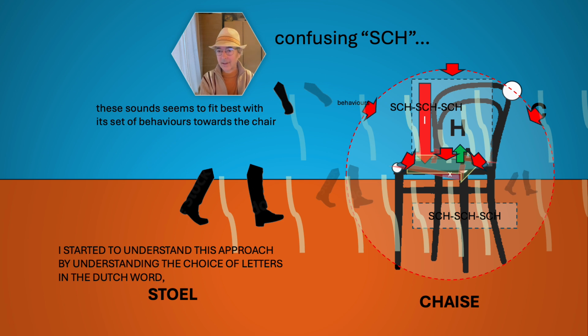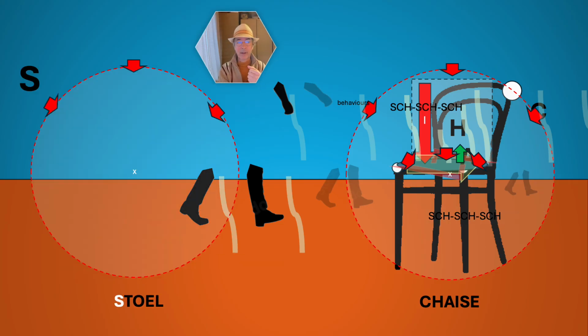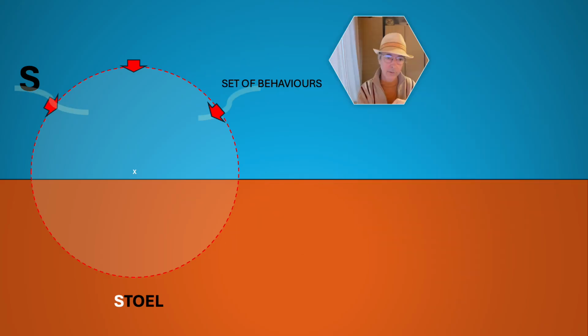In this context, and this context made more sense to me because I translated it once more to the Dutch word stoel, which again uses the starting point of S, but goes towards the point of T. And it's much more clear than the CHAISE, but it's the same idea. So here's the S, which is then the surrounding of behaviors, set of behaviors in a way that of possibilities, of all possibilities of behaviors that are around it, that should work as a general definition, in which I always